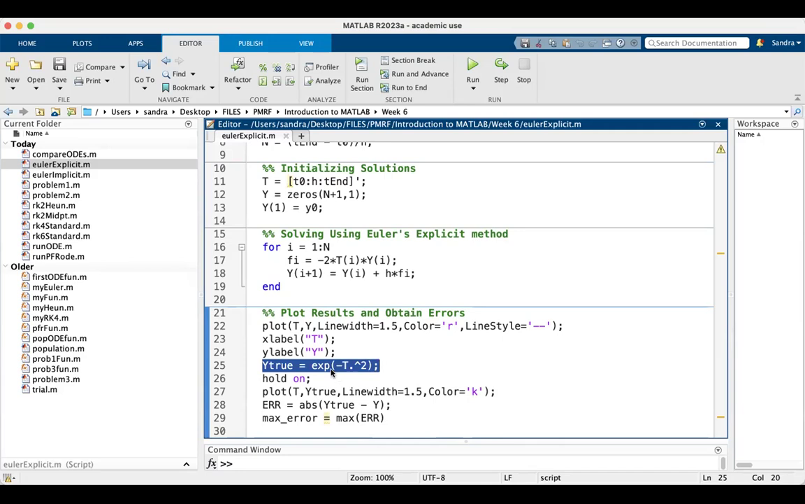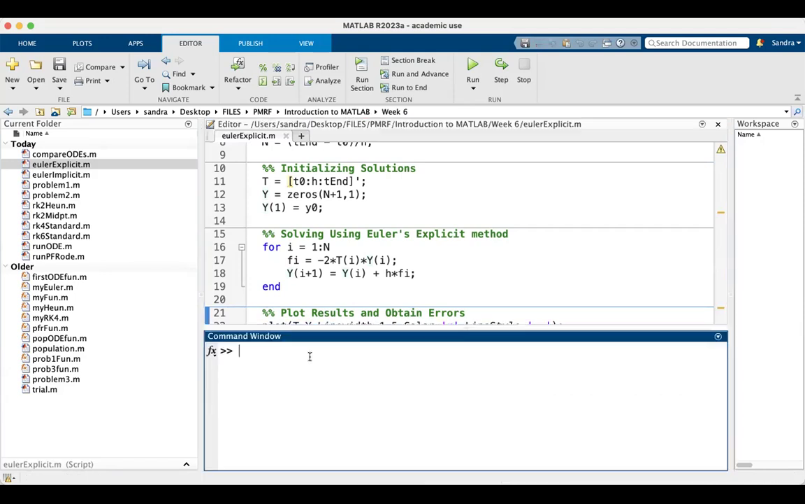So the true function is exponential minus T square. For the same T, I try to calculate the Y true value. So here the T is a vector. When I put in this equation, I get Y true also to be a vector. So I plot that too, and the color is black. And I also try to calculate the error. So how do you calculate the error? This is the true value, which is a vector, and Y is also a vector. You subtract, and you get an error, which is again a vector. Out of that, let me see what the maximum error is. So that is max of error. You'll be getting the maximum error here. So after running this,